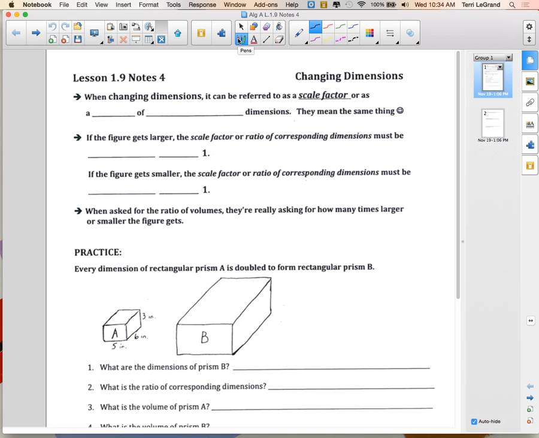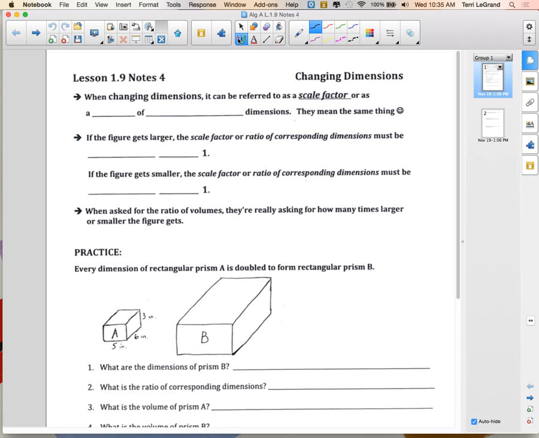Okay, so when we're changing dimensions, not only can it affect the perimeter and the area of two-dimensional figures, but changing dimensions also affects the volume of a three-dimensional figure. So let's just have a little review here. This is from yesterday. When changing dimensions, it can be referred to as a scale factor, or